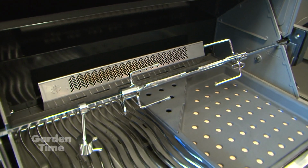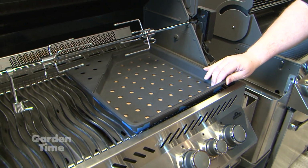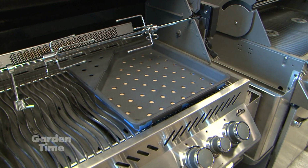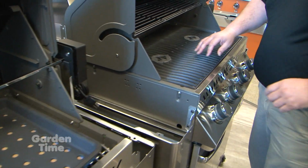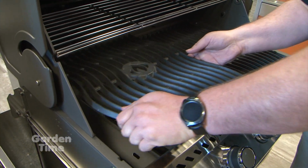And then tell me about this. This seems new to me too. This is a charcoal tray. This is actually pretty unique to some gas grills. Not a lot of the manufacturers out there have them, but what you do is you take this tray and put it down below the cooking grates. So in this model, this is cast iron. So you take this out,